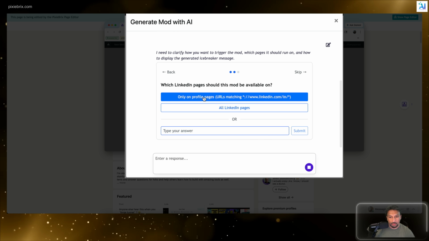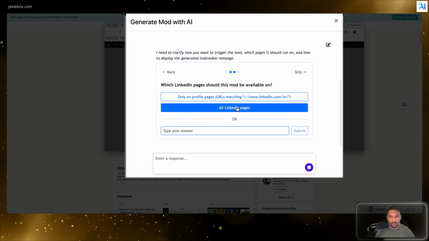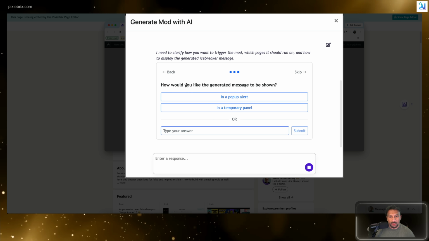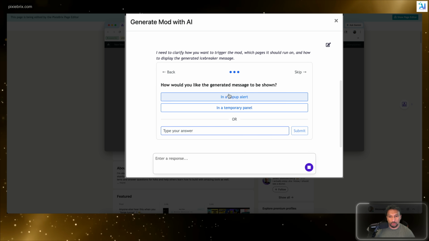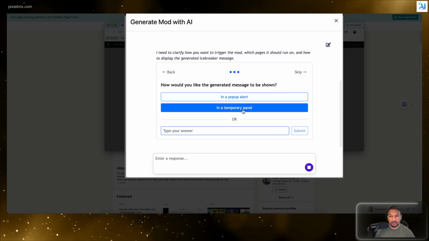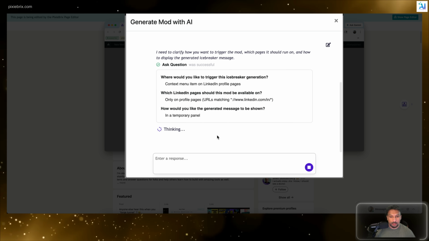Okay, which LinkedIn pages should this mod be available on? I want this on only profile pages. I don't want it anywhere else. And how would you like the generated messages to be shown? Yeah, we can use a pop-up alert, or I can use a temporary panel. It doesn't matter. Let's do a temporary panel. Let's see. Now it's thinking,